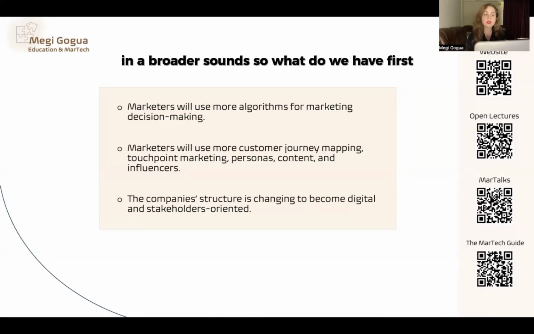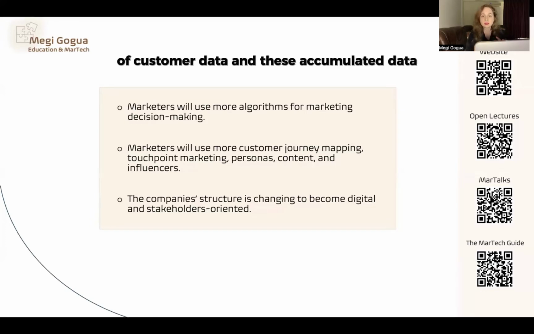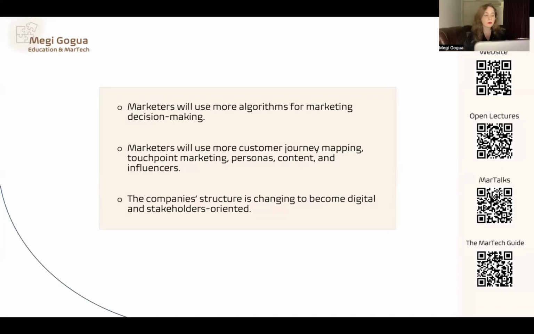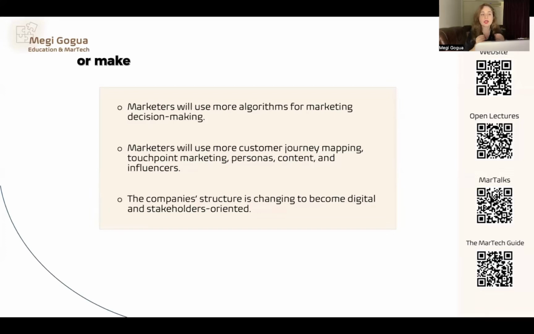So what do we have? First, marketers will use more algorithms for marketing decision making, which is quite obvious and straightforward if you ask me. Because algorithms are just the consequence of the huge accumulation of customer data. And this accumulated data helps the algorithms to improve with deep learning, with machine learning, with all the additional new types of AI, like generative AI and all that stuff. They help to improve or facilitate or make marketing decision making much more effective. So this is something that will influence the marketing trend